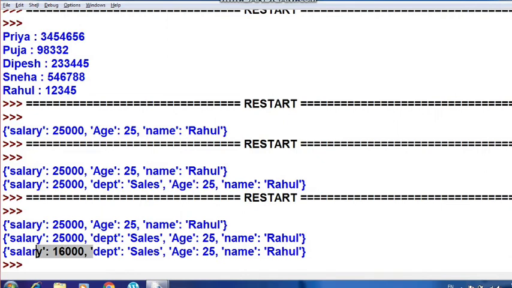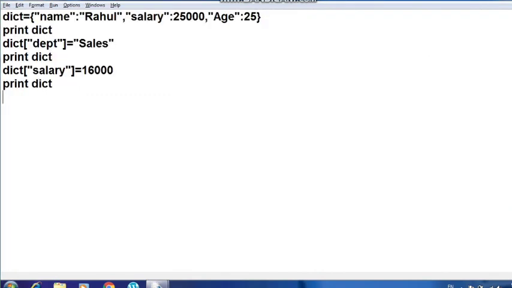Now suppose you want to delete a particular element, that I don't want the age to be printed here for Rahul. So what I will do here, I just write the del function, del, and then dict, and then you write the key which you want to delete, the dictionary name with the key. So I have written del, dict, and then age. Then I will again print the dict. I am writing print dict every time so that you can see the difference, how it is shown once we are making any kind of changes.